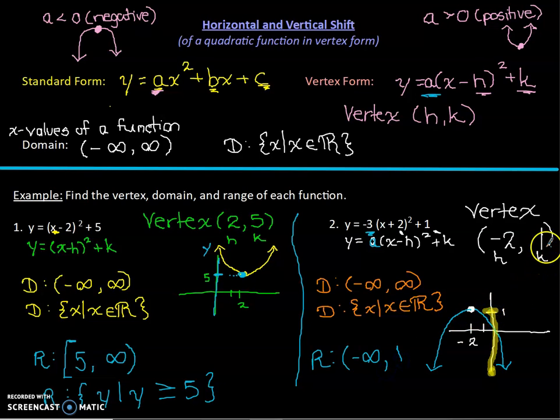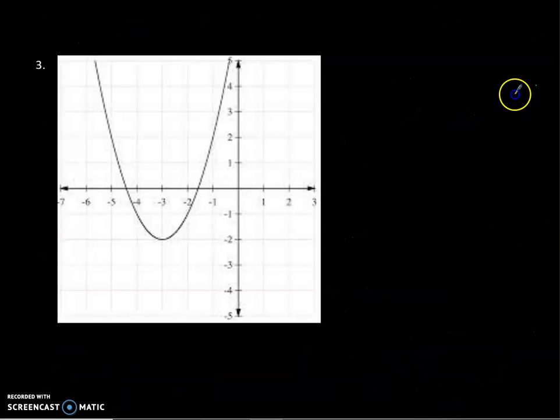Again, the value of 1 is included. Notice the y value is 1 for the vertex, so it is included, so I put it in brackets. And for set notation, it's going to be the range of y such that y is less than or equal to 1. Okay, I know this is a longer one, but we're going to go to one final problem